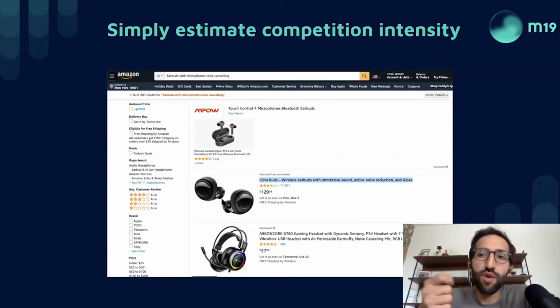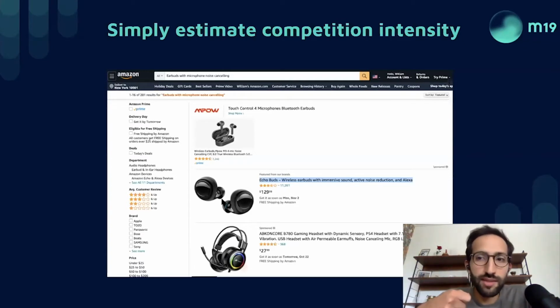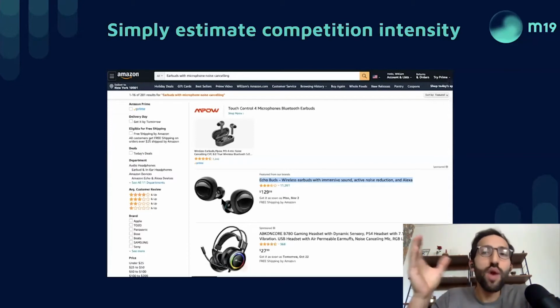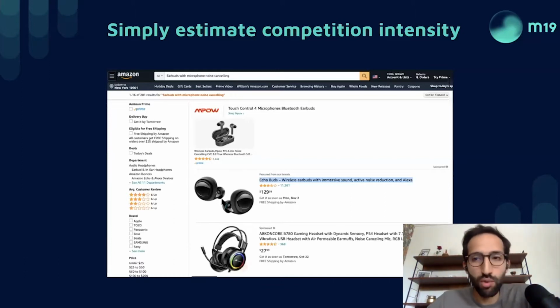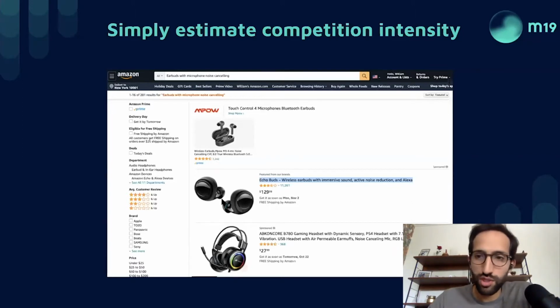For example, if you are bidding €1 on earbuds and you end up paying 80 cents, it means that the second guy behind you is bidding 80 cents. It's very different from you bidding €1 and the second guy behind you bidding 50 cents. In this second case, there is a gap of 50 cents, which means that there is way smaller competition. This is more advanced and more complex to put in place, but just keep in mind that you can do it based on bids and the CPC that you end up paying at the end. But the first solution is better because it's simple.